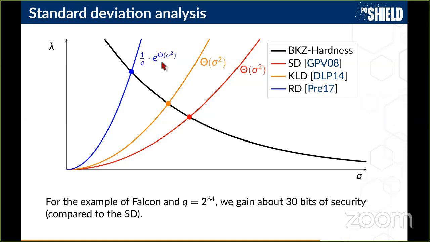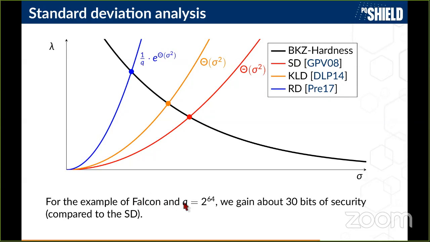then the blue equation becomes the same as the previous ones, in the sense that if you say that Q can be 2 to the lambda, then the blue equation will become again big O of sigma square, and we won't gain anything beyond the constant factor. But what's interesting in our case is that we can impose conditions on Q.